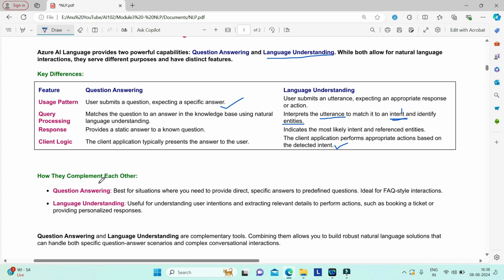So here you need to understand in which cases you need to use question answering and in which scenarios you need to use a language understanding solution. Question answering is best for the situation when you need direct, specific answers to your predefined questions. It is ideal for FAQ style interactions, wherein you have a lot of predefined frequently asked question documents and you can use your chatbot to provide the answers in a quick manner